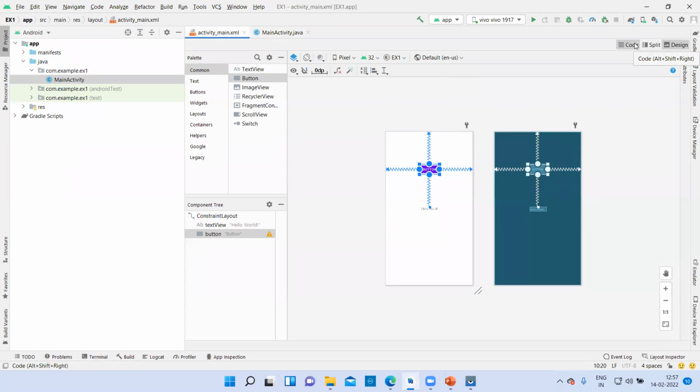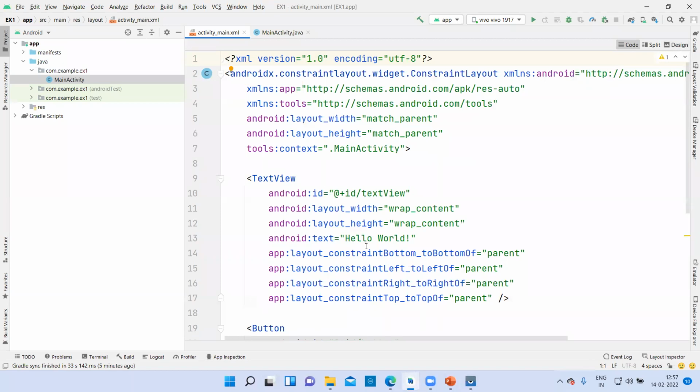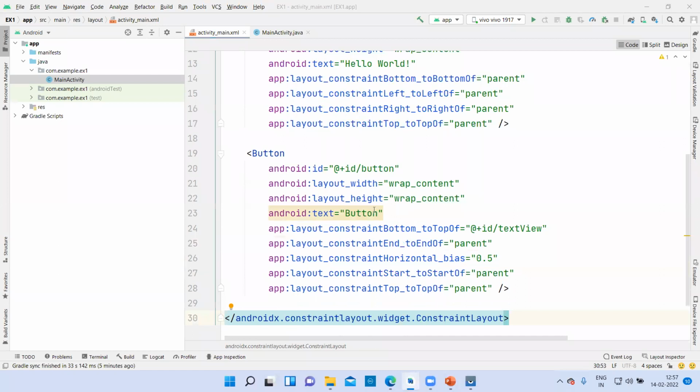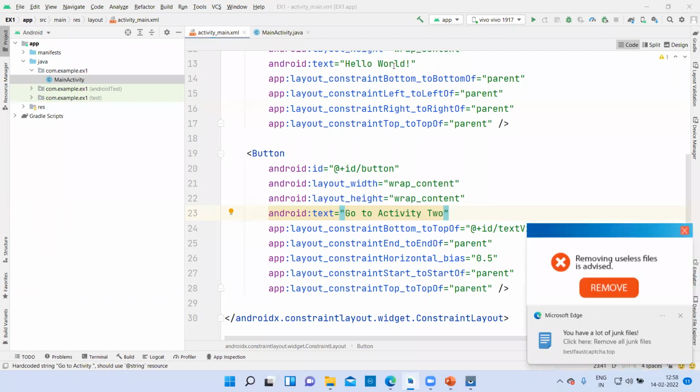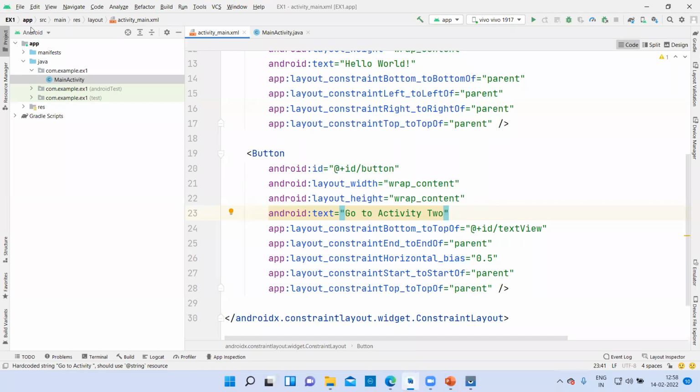And in the code part, just write in the button section, go to activity 2. That's it. And we will create one more activity.